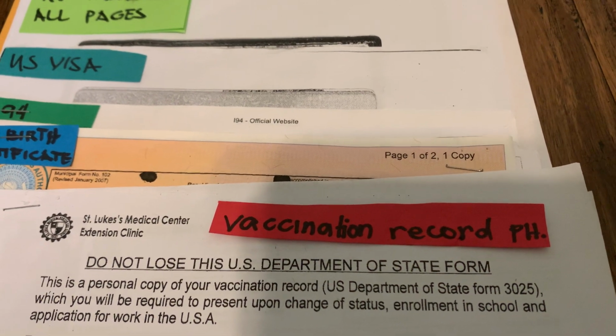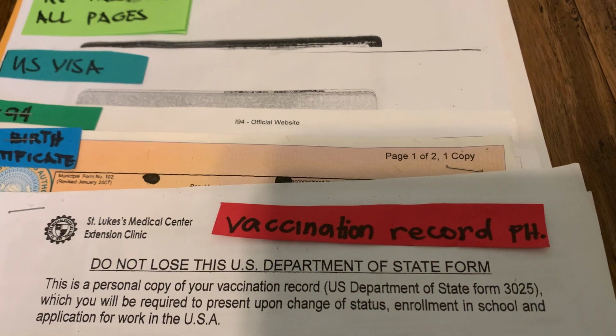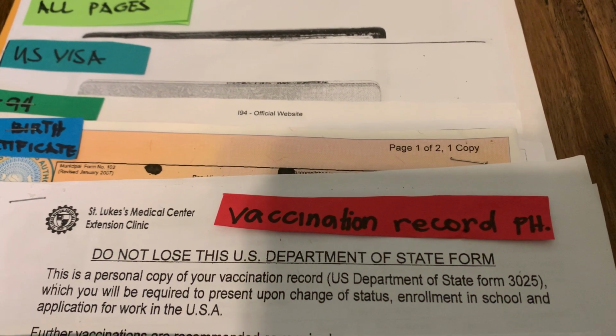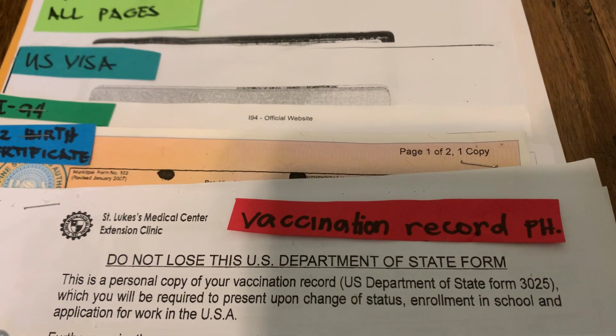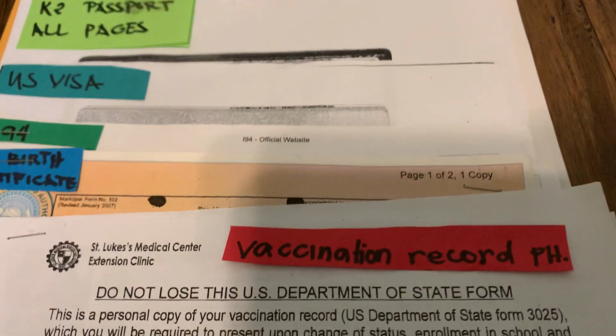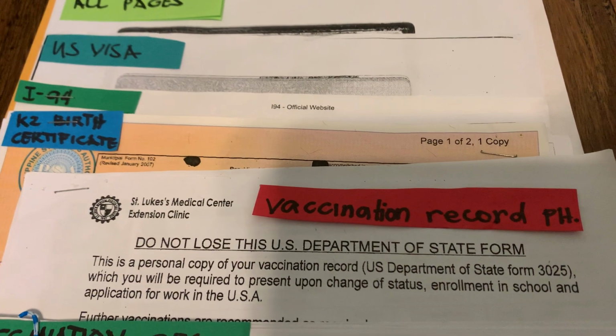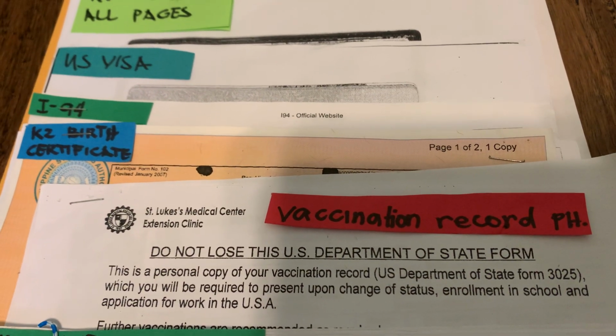U.S. Department of State form. This is the personal copy of your vaccination record, U.S. Department of State Form 3025, which you will be required to present upon change of status, enrollment in school, and application for work in the USA. So this is it. You really need this. As you can see also when you check your